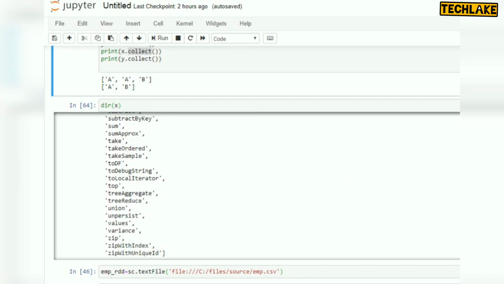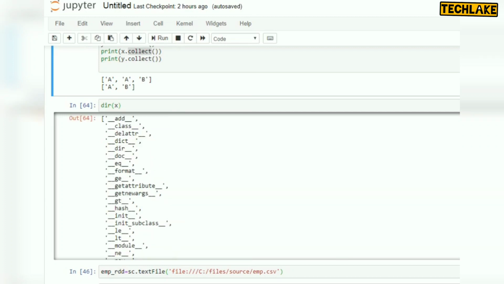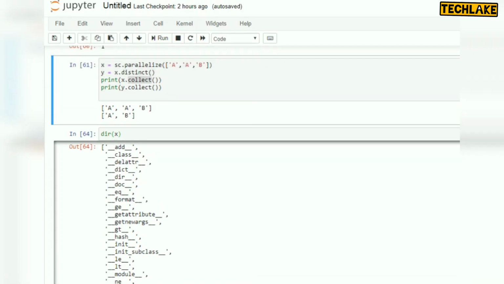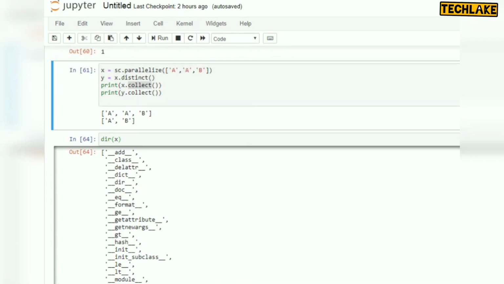You can see union, take, and so on. We can use any transformation or action. In future sessions I will cover the individual lists of transformations and actions which we are going to use in projects. But this is the introduction session, the basic commands which you should know about.